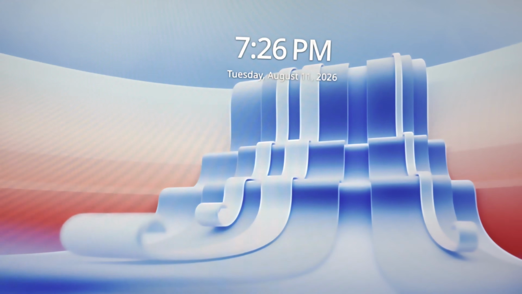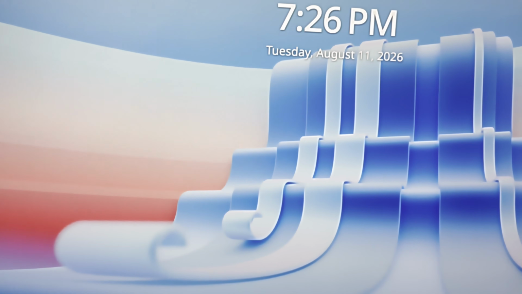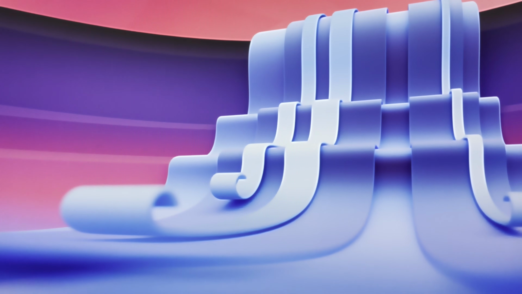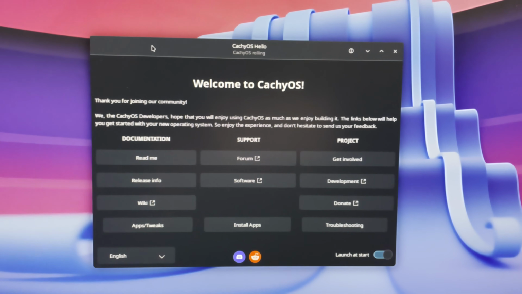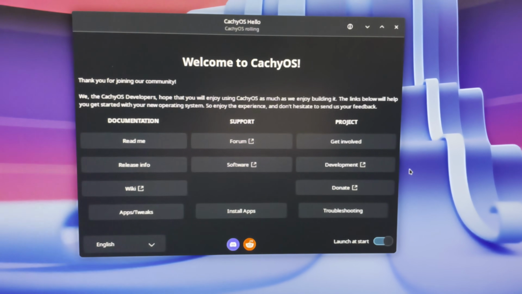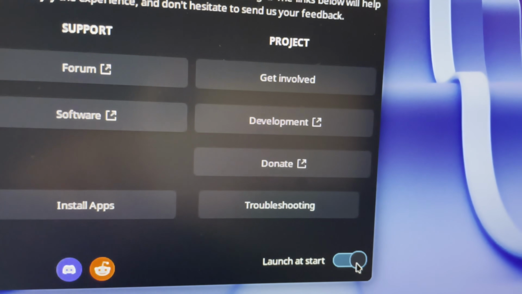And as you can see, we are inside CachyOS. So let me just type the password that we set earlier and we are inside CachyOS. This time it is not running from the USB stick, it is actually installed on the system. You will see this pop up again when you start CachyOS. To make sure it doesn't show up every time you boot, simply disable this launch at start option and then